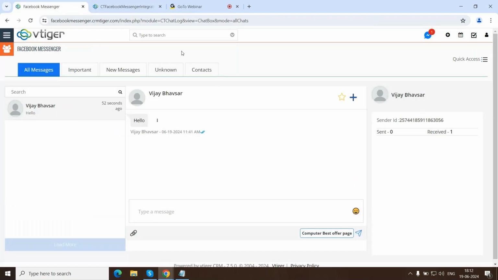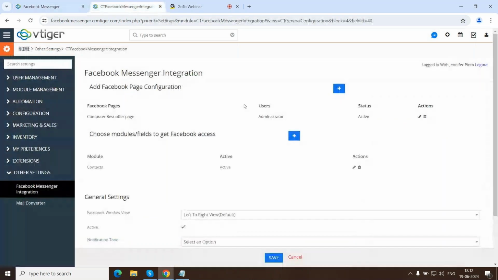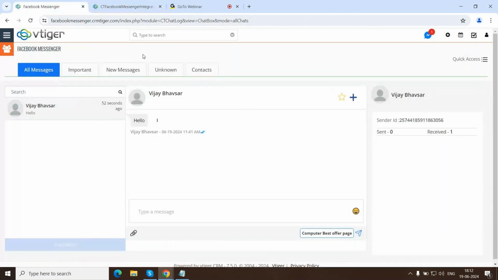For example, if I configure another module like lead, then it will display two tabs, contact and lead. Currently this message is received from VJ and this contact is not available inside the CRM, so it's considered as unknown. So it displays under unknown, all messages, and new message. Okay, so let me respond from here as well. If I reply from here,